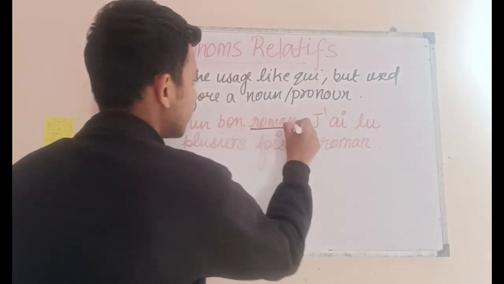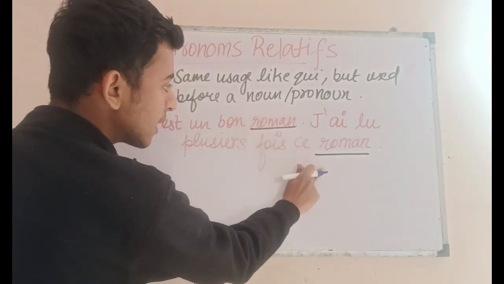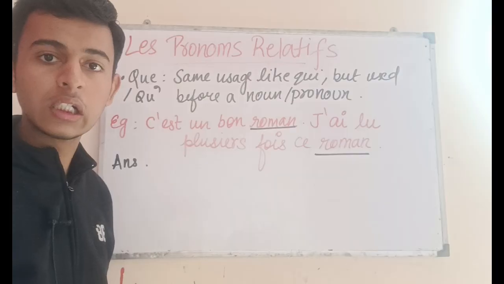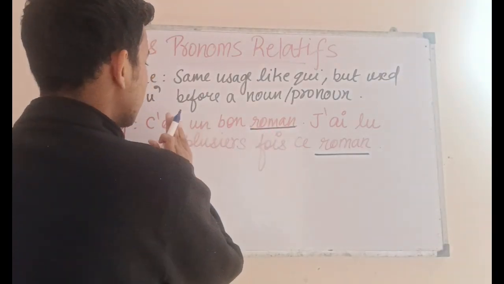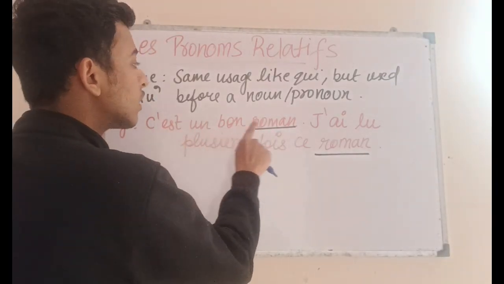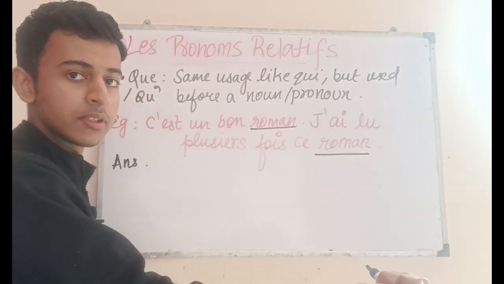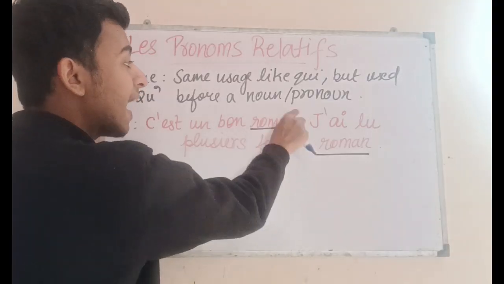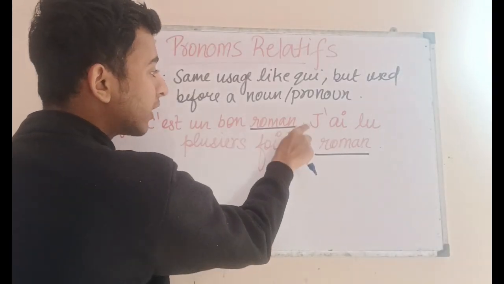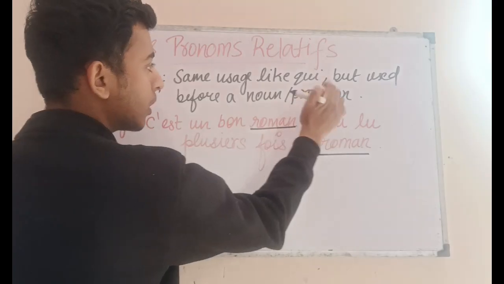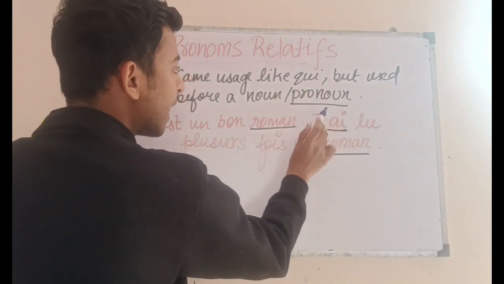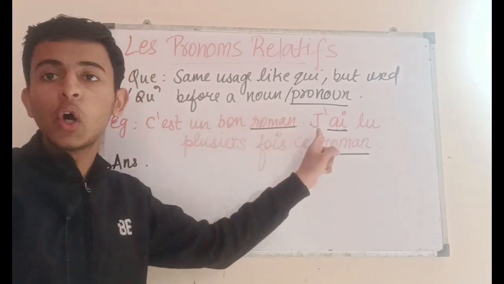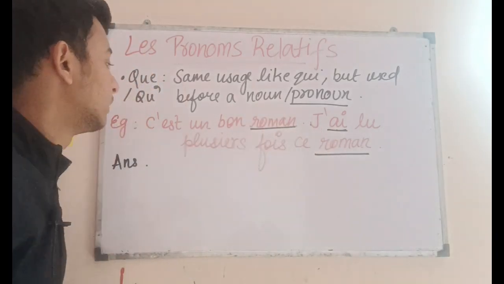So roman and roman, novel, is repeated two times in the sentence, which means I have to replace it. But how do I know whether I have to use que or qui? The English translation would be this is a good novel that I have read many a times, because the sentence says this is a good novel, I have read this novel many a times. So que or qui will be placed before je, and we all know that je is a pronoun, so we'll be using que. So the answer becomes